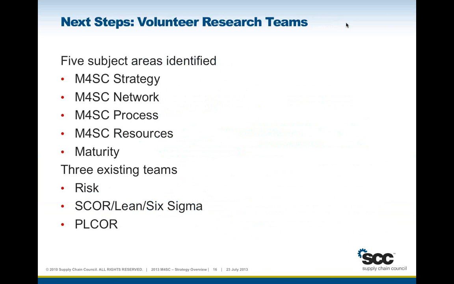There are currently 5 sub-teams that have been identified, and we kind of took the easy way out for the first 4. For each layer, we have an M4SC subject area research team. So there will be a team for strategy, network, process, and one for resources. And then the 5th one is the maturity team. Basically the purpose of that team is to look at how we can assess